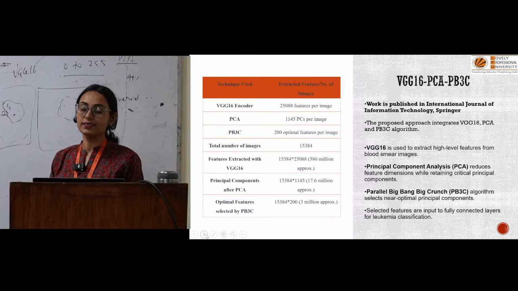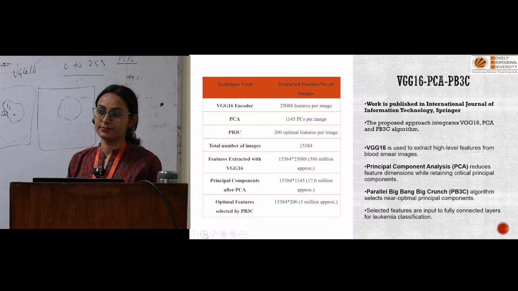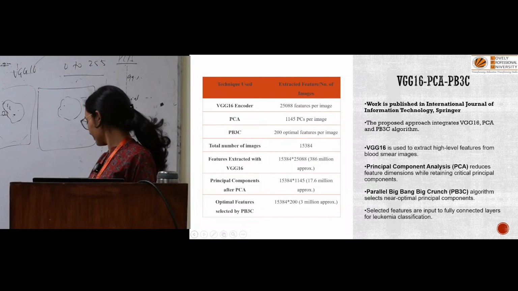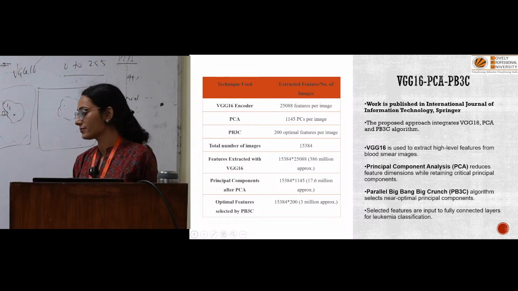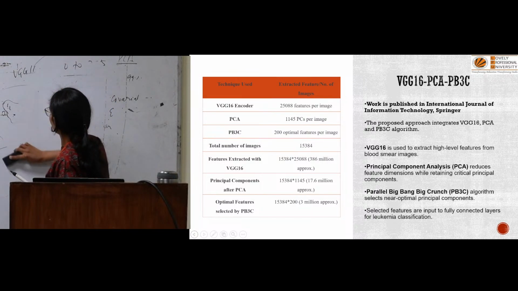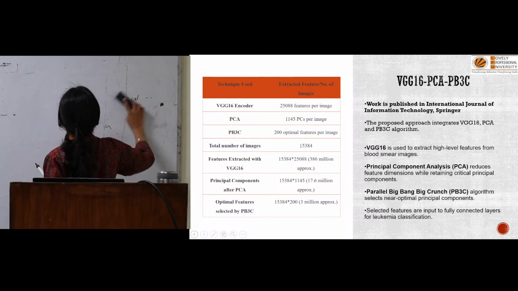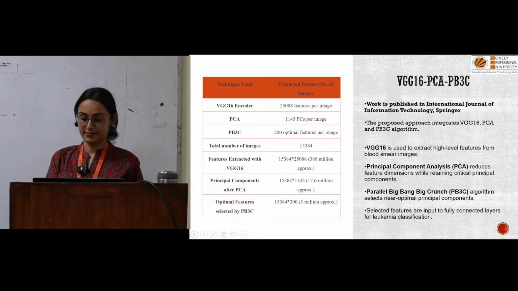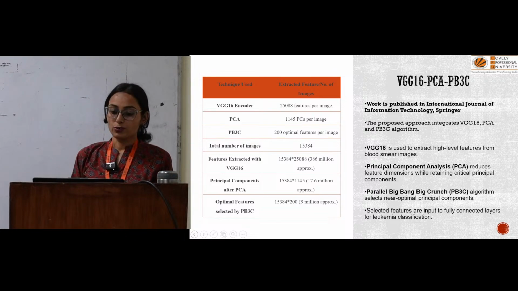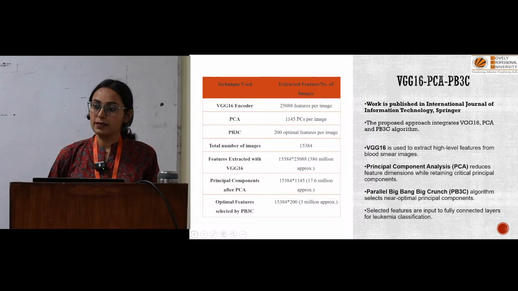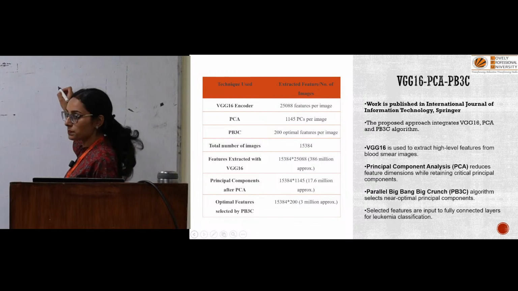Okay, dimensional reduction. So how much reduction is there, what percentage of reduction? Out of 25,088, 1145 remain, so (25088 minus 1145) divided by 25088, that becomes your percentage of reduction. Understood? Yes sir. Okay, so next to this was the parallel Big Bang Big Crunch algorithm for the